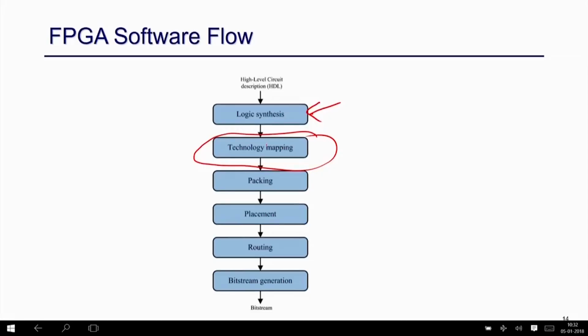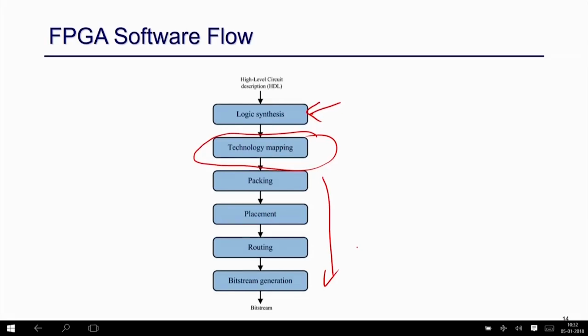So, you cannot map all the gates individually to one LUT each, that will be more costly. So, we have to find a pattern and map them into the LUTs. We have to find the multipliers and map them into DSPs, we have to find the big arrays and map them into RAMs. So, that is what is called technology mapping, and once this is done, then it will go through the normal